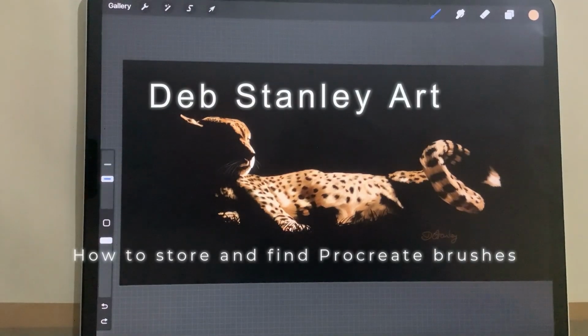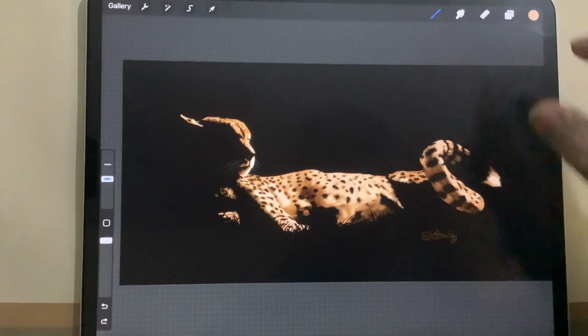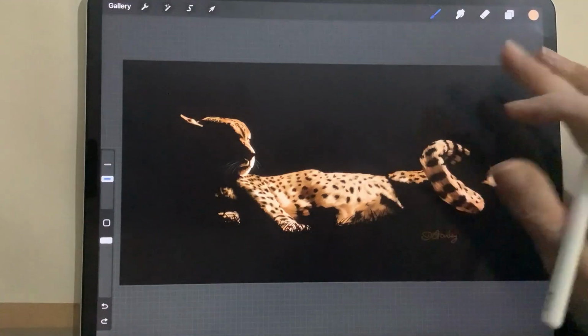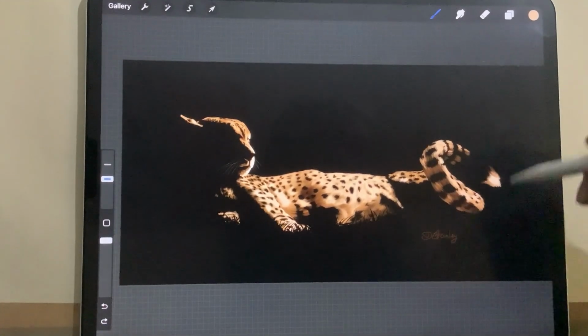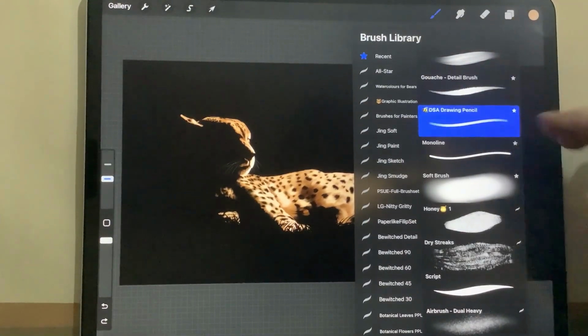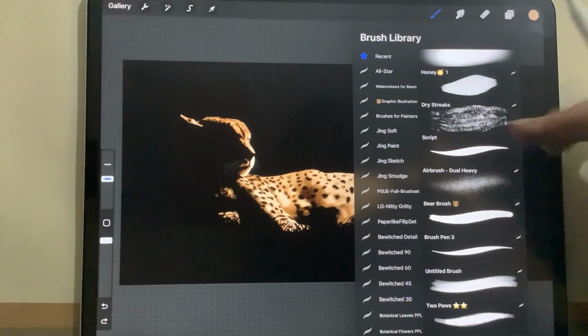Hi, I just want to touch on the subject of how to find brushes when you're going back to a piece that you haven't worked on for a while, or if, say, you're working on several different drawings all at the same time. If you're only working on one drawing, it's not too much of an issue because obviously you've got your recents folder, which will actually store the brushes you're using currently, up to about a dozen or so